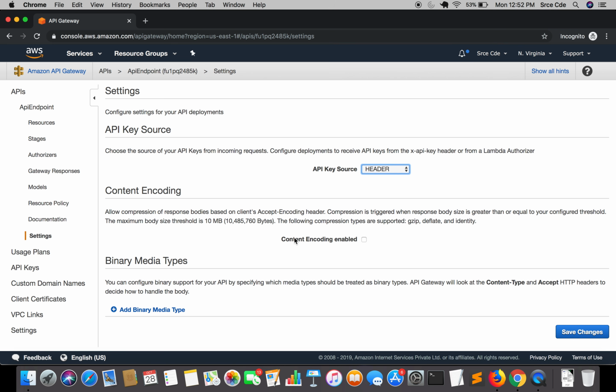For example, if I want to upload a file, say a PDF file, and in the header I'm passing content type as application/pdf, and I want the API to consider application/pdf as a binary type, then I need to add that binary media type over here, right? So that's binary media type. This is something we are going to cover later.